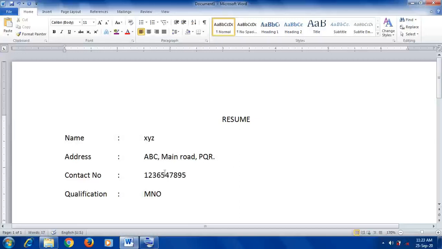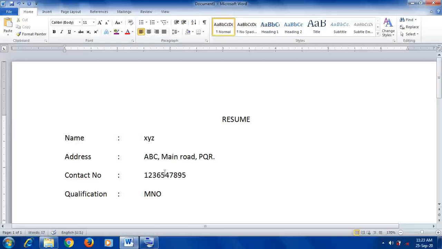When you press the tab key, the cursor automatically jumps to the next tab. From the ruler, that icon will be displayed, and when we press the tab key, our cursor automatically moves to that location and stops. Tabs can also be created using leader lines. The leaders insert dots or dashes in the space leading up to the tab stop. By using leader lines also, we can set the tabs.